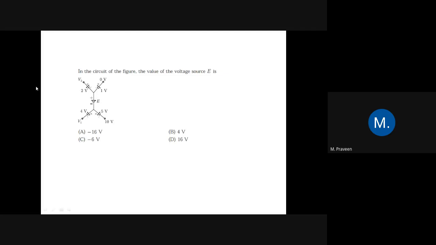So we have so many paths. If you start from here and take this one, you can find it. This is one of the paths, and if you take this one, this will be another. So many paths you can use. But if you take this one, here all the values are given. If you take this one, the V2 value is not given, so the V1 value is also not given. If you choose this path, the V1 and V2 values are not given. Similarly, if you choose this path, the V2 value is not given.